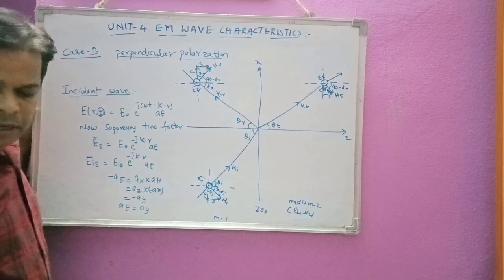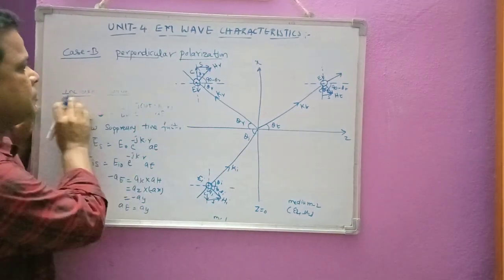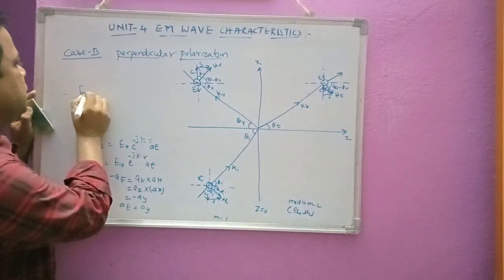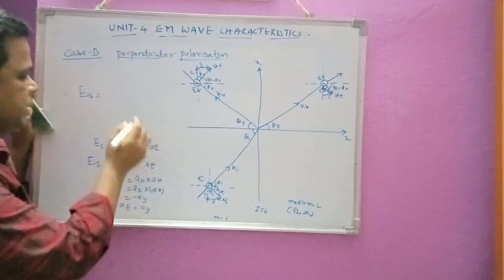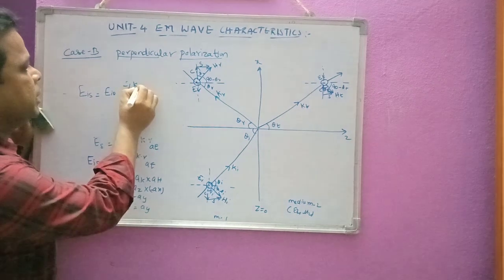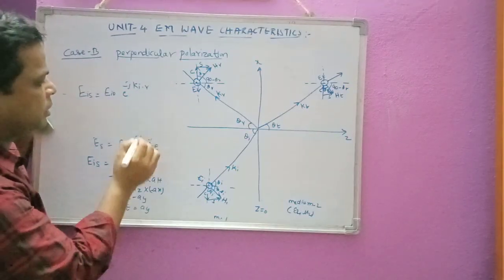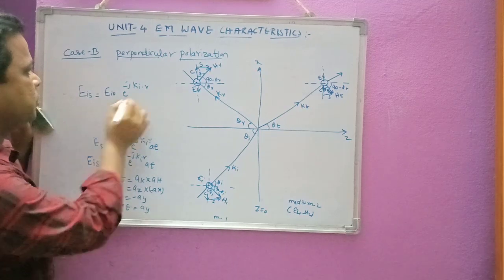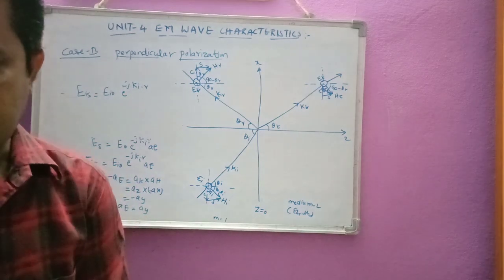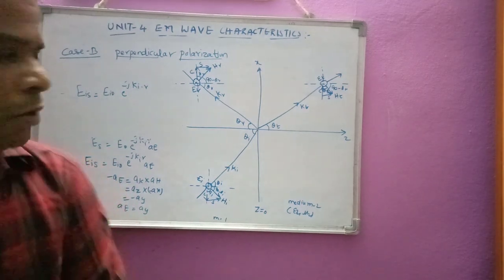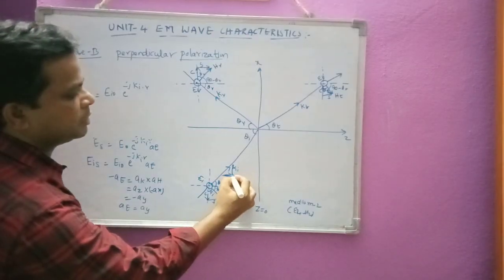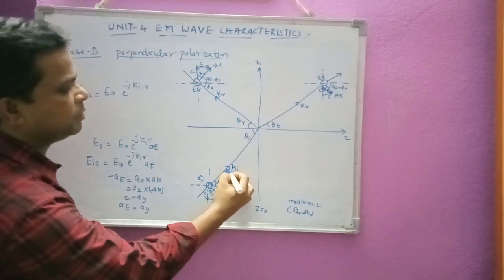Okay. Now I can rewrite this equation here. Let me write the equation once again. So now EI of S will become EI naught e power minus j ki dot r. I have to write the equation for ki here. Ki is the propagation vector along the incident direction. So we have to see the diagram and write the equation here. That is, here it will become like this. It has a cosine component and this is a sine component. This will become theta I here.